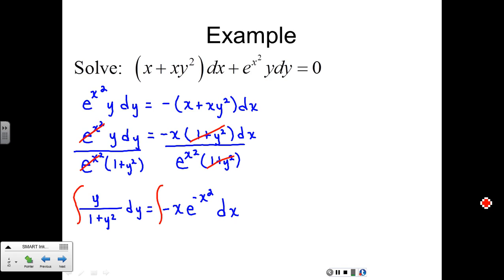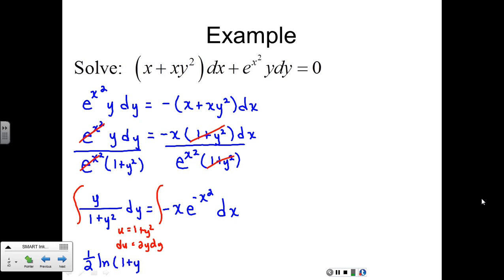So you've got the dy, you've got the y, you don't have the 2, so what do you compensate with? 1/2 out front, or 1 over u du. So in that case, guys, what is the antiderivative of 1 over u? Right. Okay, so I said my u was 1 plus y squared. du equals 2y dy. So we get 1/2 natural log of,